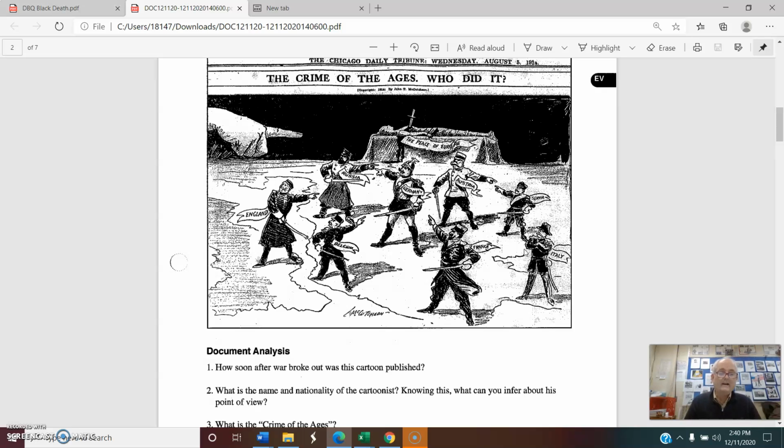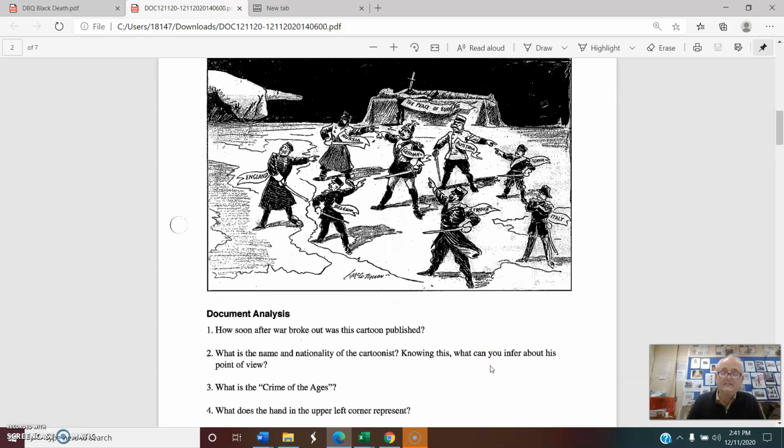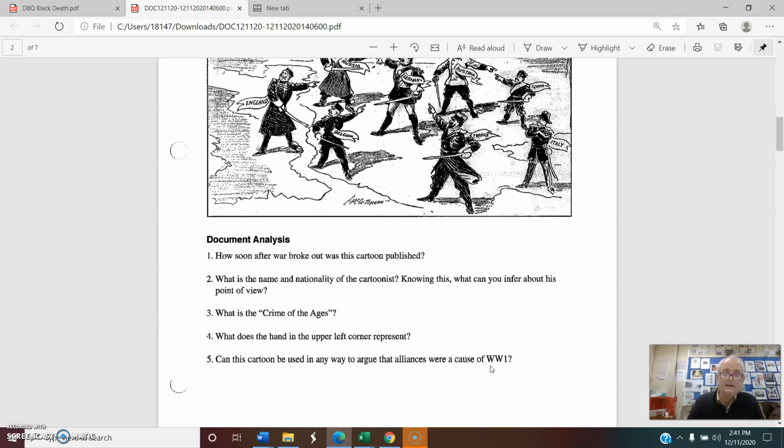And that's what happens here. Again, the document requires some questions. They want to know time. How soon after the war broke out was this cartoon published? And again, you can see that's right up here, August 5th, a few days after the war started. And so there's a couple of questions there, again, that ask you to contextualize and understand the meaning of that